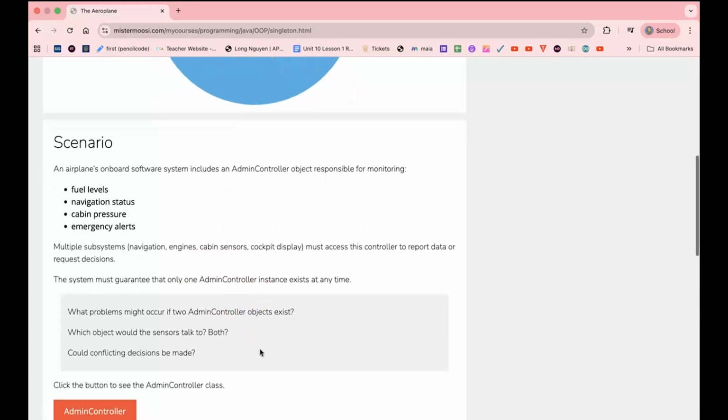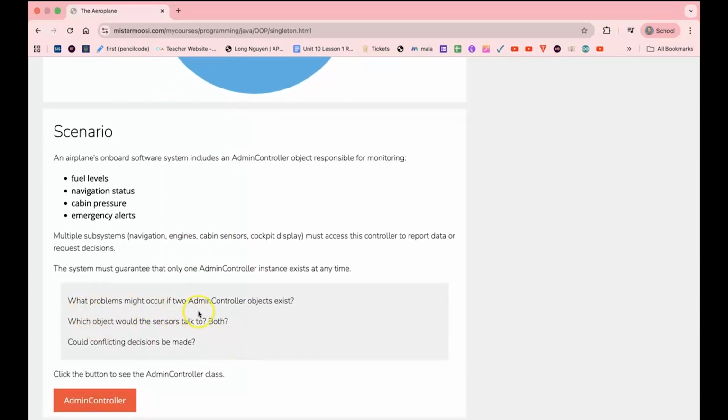Okay, so some things to think about. What problems might occur if two admin controller objects exist? Would that be a problem? Which object would these sensors talk to? Both? That might be a problem. Could conflicting decisions be made? So we'll think more about these questions later in the worksheet, but hopefully it's clear that in this kind of system we only want one instance of an admin controller at any time, and we need to guarantee